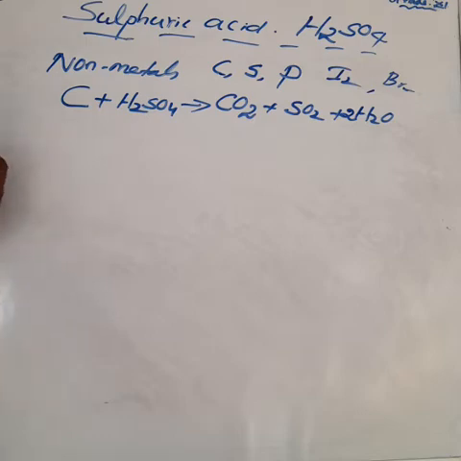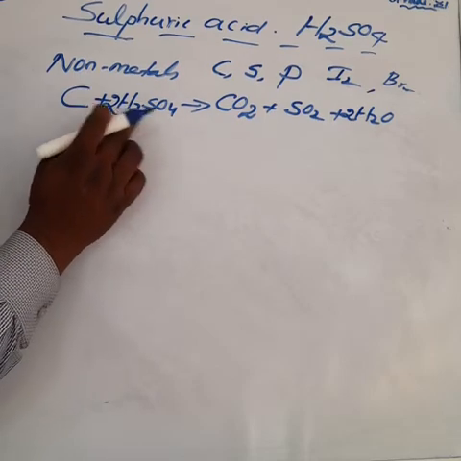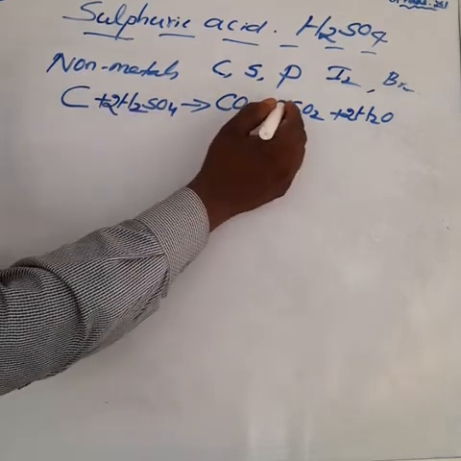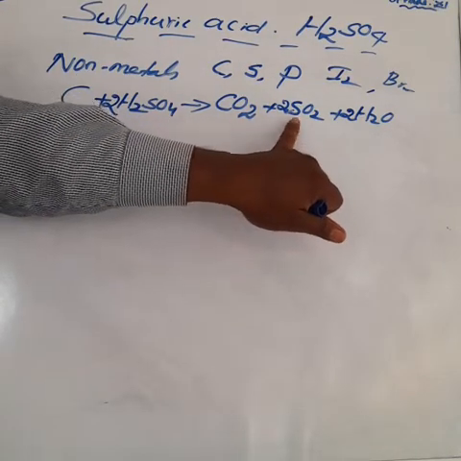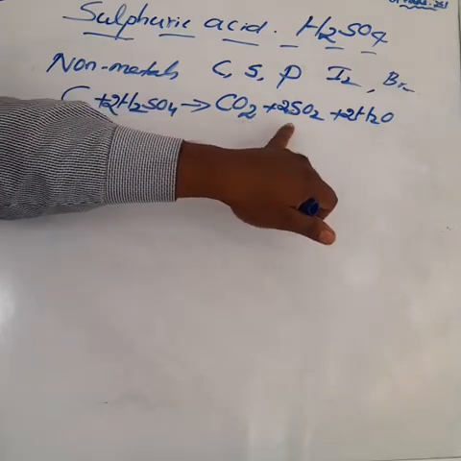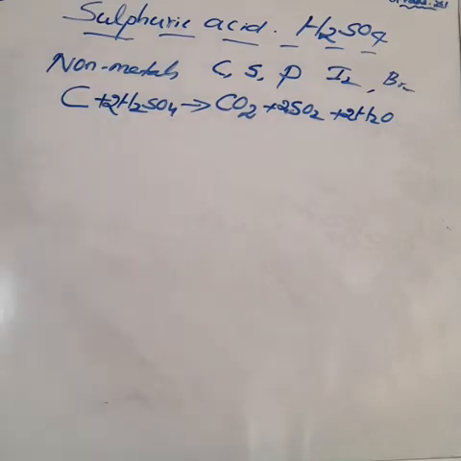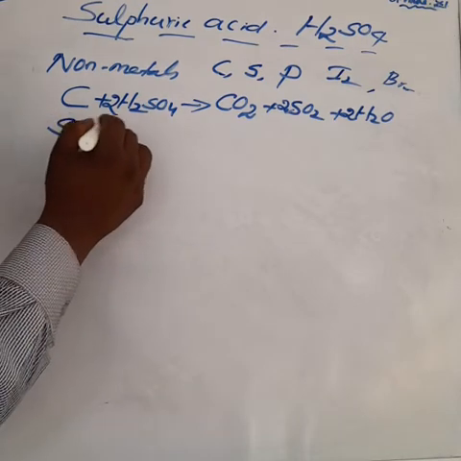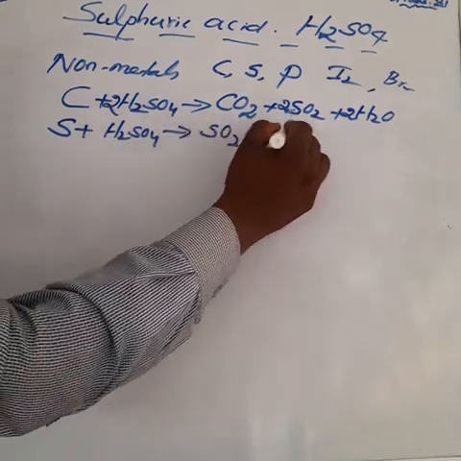So come to the reactant side. If you make it 2 sulfuric acid, the oxygen goes to 8, am I right? So sulfur also goes to 2. So come to the product side, make it 2. Now count the oxygen. 2 plus 4, 8 oxygen. So come to the reactant side. The equation is balanced, okay? Next, sulfur reacts with sulfuric acid, we get sulfur dioxide SO2 plus H2O.